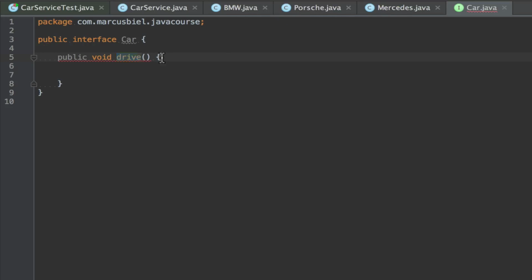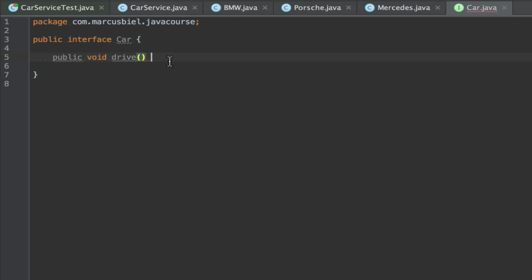And we have already done the implementations. So let me remove the body. Now there is still something wrong, and you see it here. My IDE even says it. It now wants the semicolon, because the semicolon says I'm finished, I'm done. This is all I want to say here.